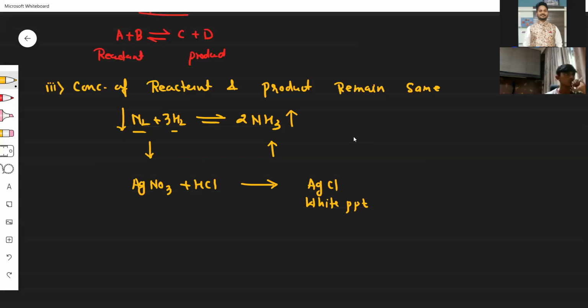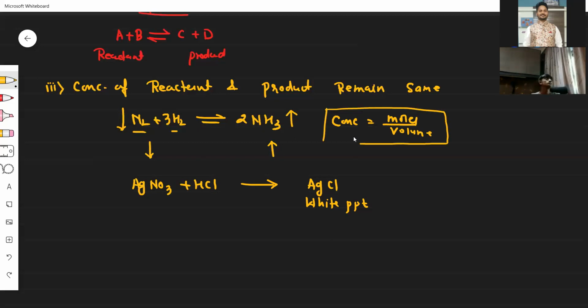See, your doubt is why the concentration remains the same. What is the meaning of concentration? Moles per volume in dm cube. This is the concentration formula. Whatever the amount that is decreasing as the nitrogen decreases, it goes forward. At the same time, it is going backward also. They keep on interchanging in parallel. So there is nitrogen and there is hydrogen, and they will remain the same as we had taken in the beginning.